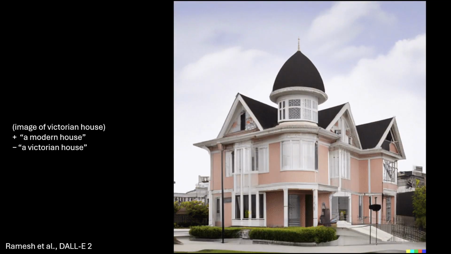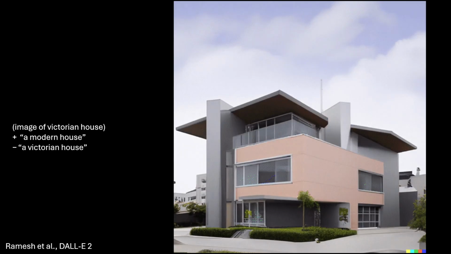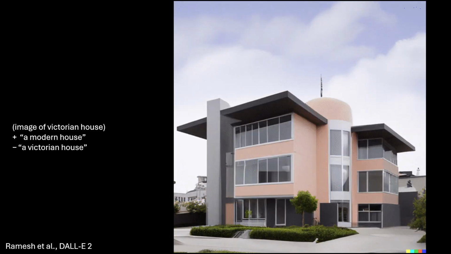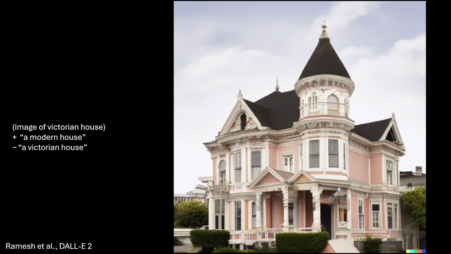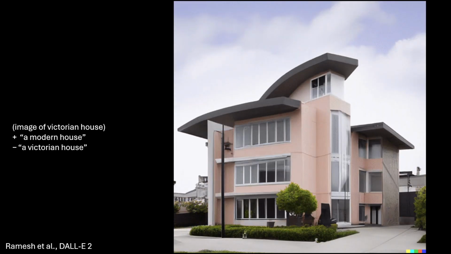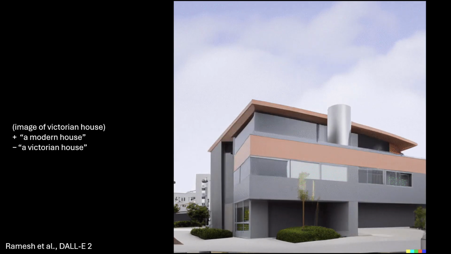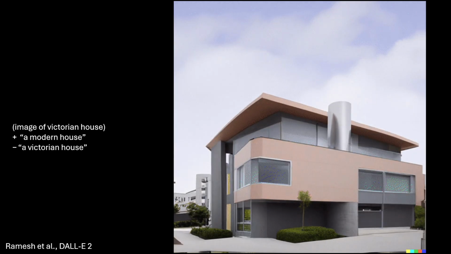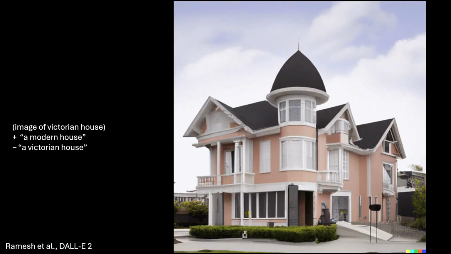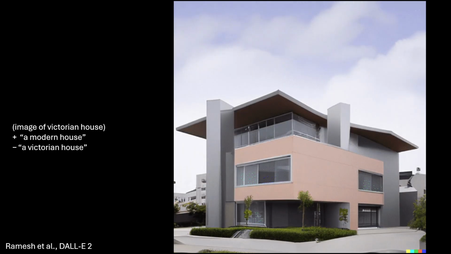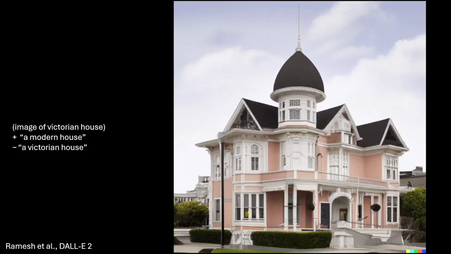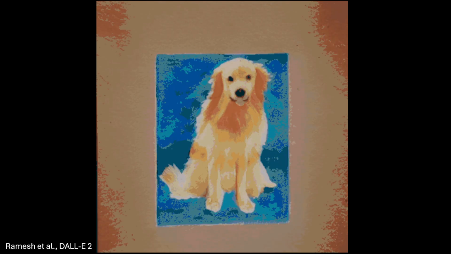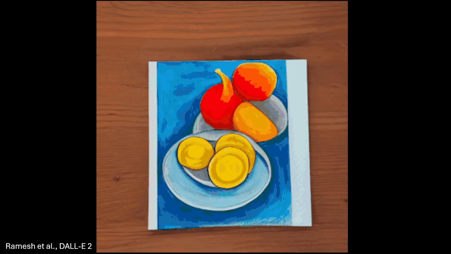But it enabled these word-based navigation of the latent space in a way that was really cool, right? So you say, okay, make me an image of a Victorian house, and now subtract off Victorian and add modern, right? And you could navigate through this world of houses that looked all fairly realistic along the spectrum of Victorian to modern, just by moving around in this latent space. So when DALL-E 2 came out, it blew people's minds. Again, this is an example of navigating between different points in latent space,